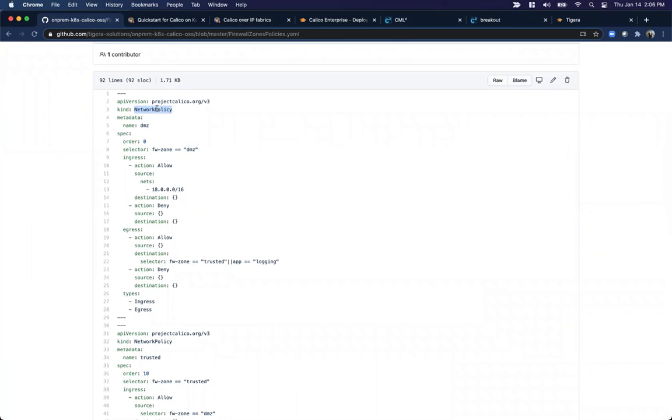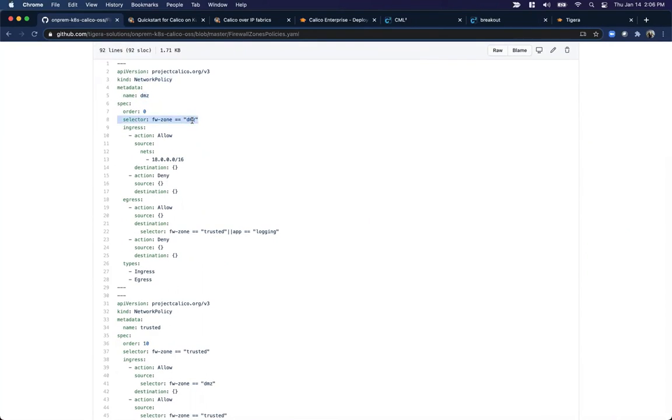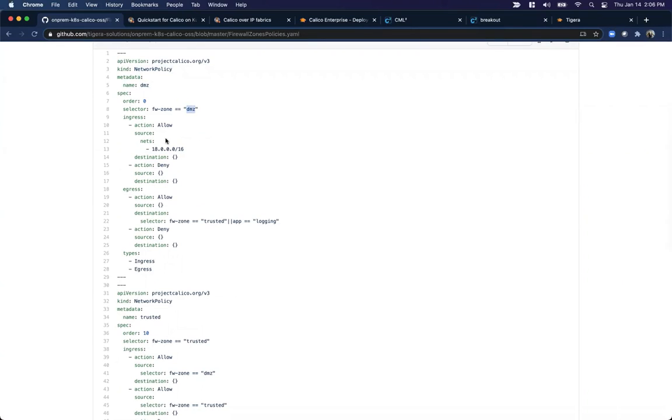We also have staged network policies, and some other things. Anything that you do with Calico Enterprise pretty much has a YAML representation of it, which allows you to manage it in code with CI/CD, your GitOps methodology. This is a network policy, and you can see that this network policy is named DMZ. It applies to all of the endpoints that have the firewall zone equals DMZ, and what it's allowing inbound